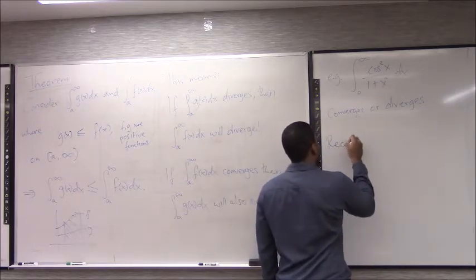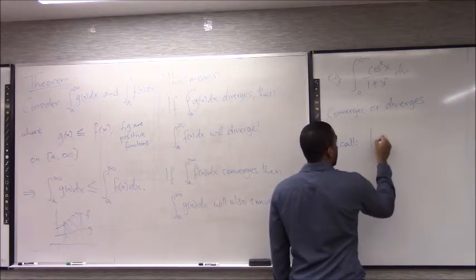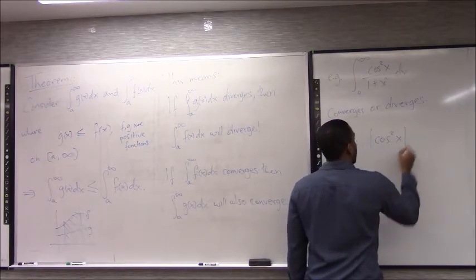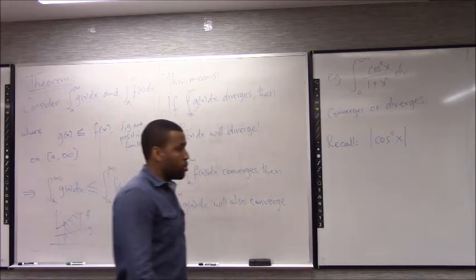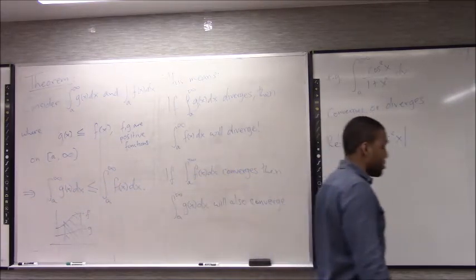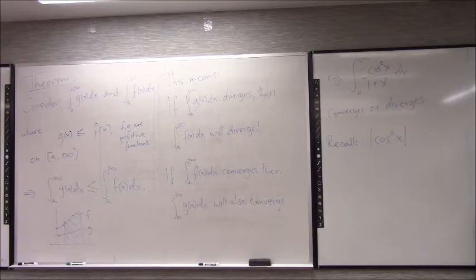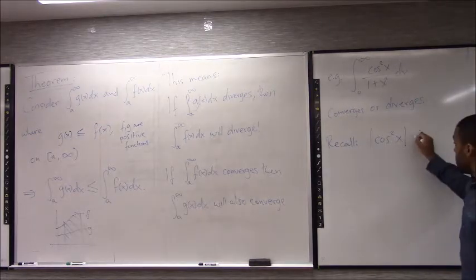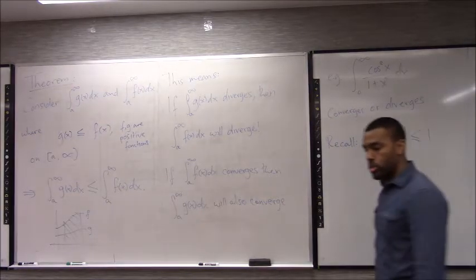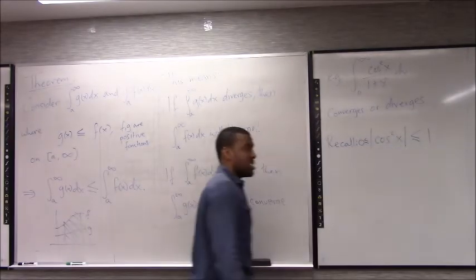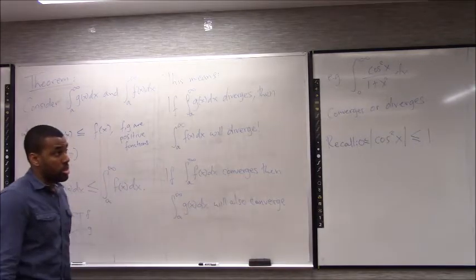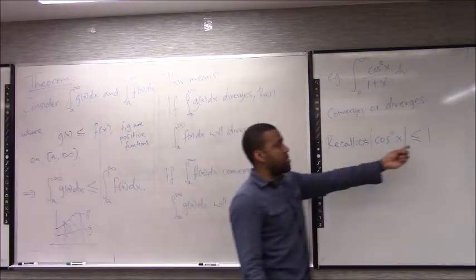One thing you can recall here is that there is a bound on the cosine function, right? What do I know about the output values, in terms of magnitudes, of a cosine squared? It won't be greater than 1. It will never be greater than 1. This will always give me values that are less than or equal to 1. I also know that this is a positive function because I'm squaring something, so it's always greater than or equal to 0. But it also never gets bigger than 1.